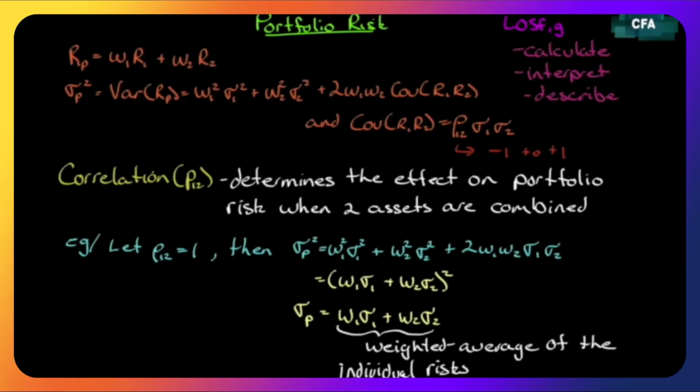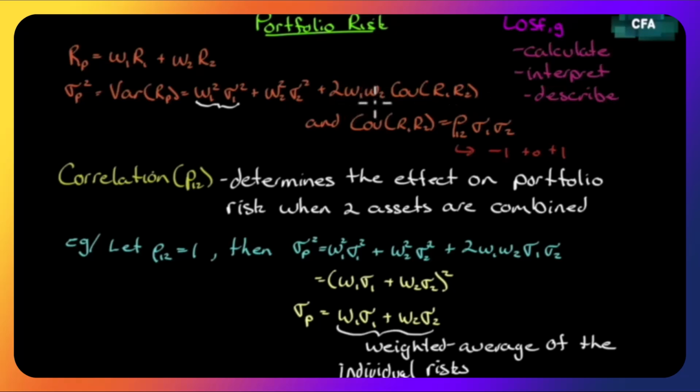So let's just review what we know. To derive the return on the portfolio, we know it's a weighted average of the returns of the individual assets within the portfolio. This is just for two assets, but it generalizes to n assets. You just keep adding up the weights and the returns on each particular asset. The variance is this formula here, which we've seen before, and I'm going to draw your attention to the covariance. And again, this generalizes to n assets. There'd be n terms that look like this, and then for every crosswise pair, there'd be a covariance.